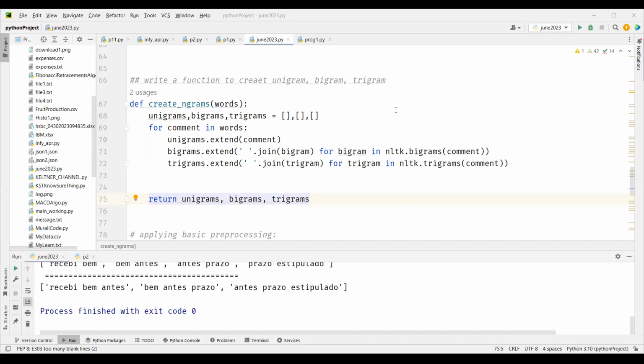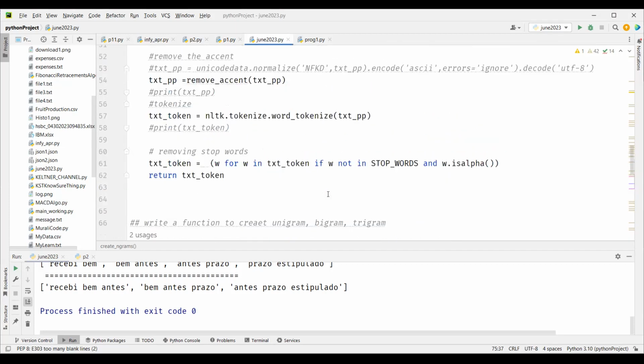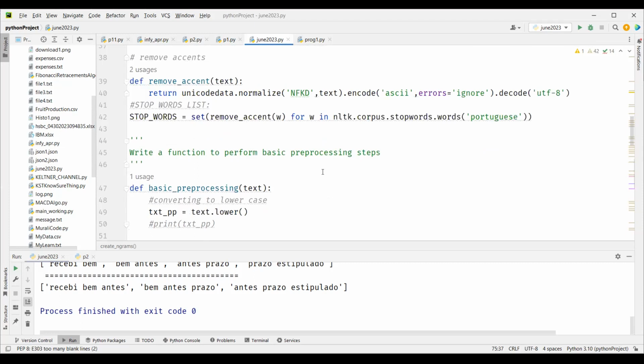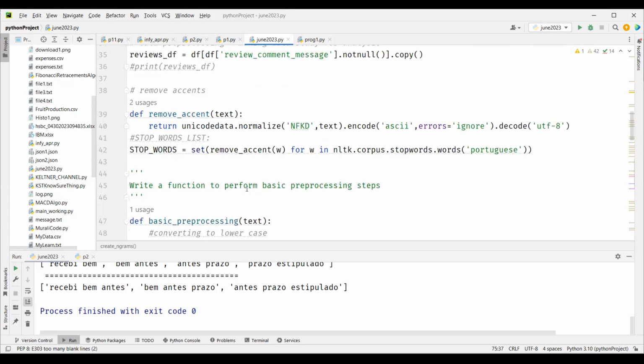Okay, so welcome, guys. This is the same code that we were working on the other day. One mistake we made was everything is correct here, but when we are building these pre-processing steps,